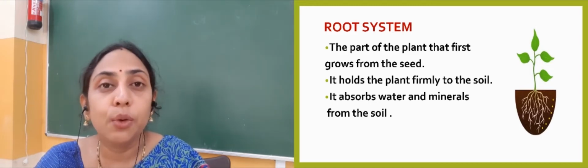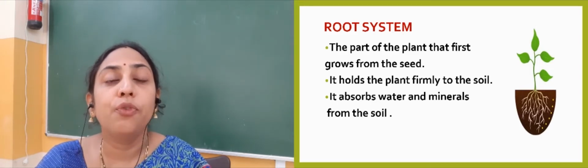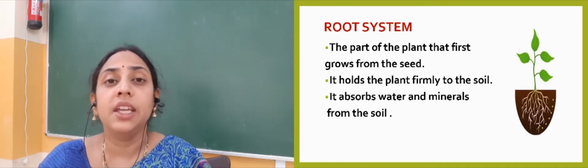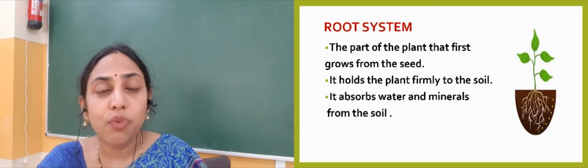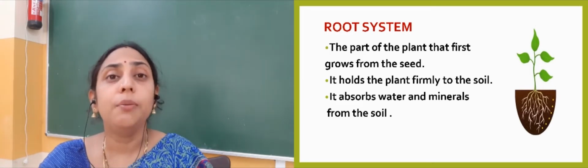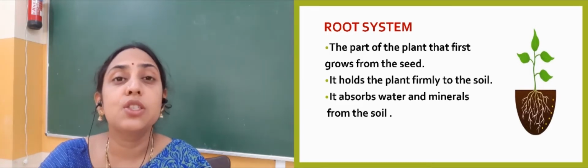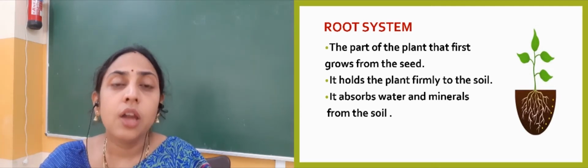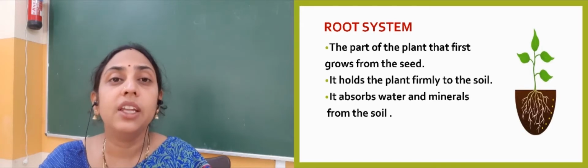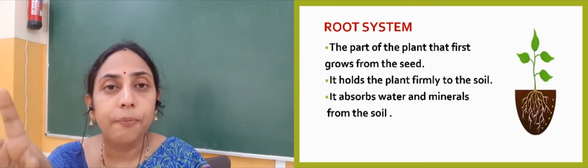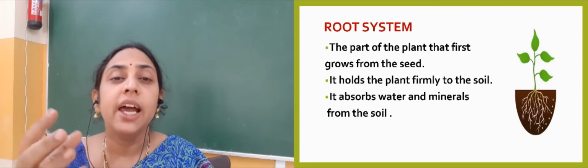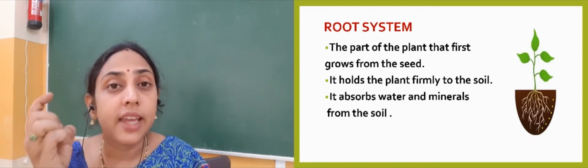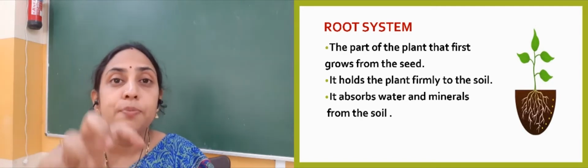That means the root holds the plant firmly in the soil, right? Then plants need water, and this water and the different minerals that are present in the soil and very important for the growth of the plant are absorbed by the roots and given to different parts of the plant, right? So, the root helps the plant to stand firmly in the soil, and second thing is it absorbs all